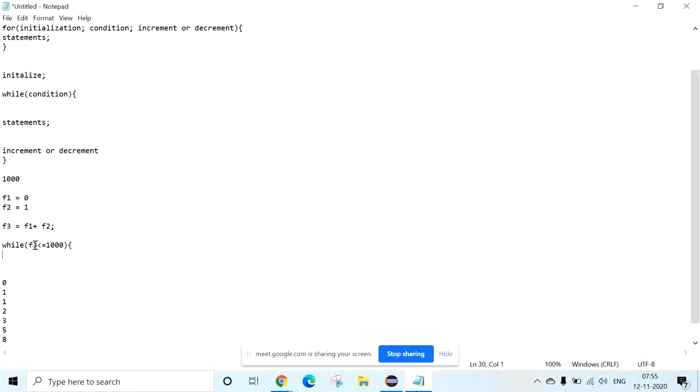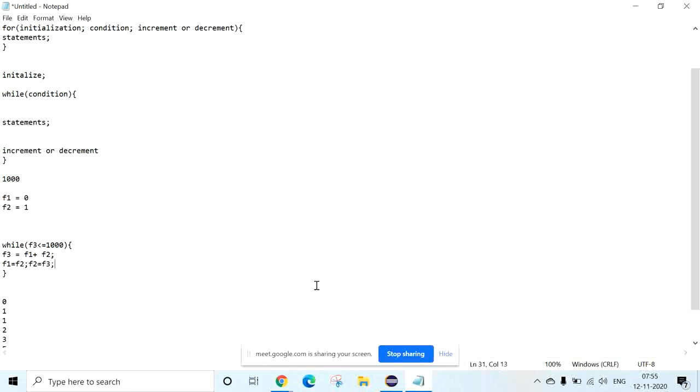We declare F1 equal to 0, F2 equal to 1 outside the while loop. Then F3 equal to F1 plus F2. Once it's added, we assign the last two digits to the previous variables: F1 equal to F2, then F2 equal to F3.